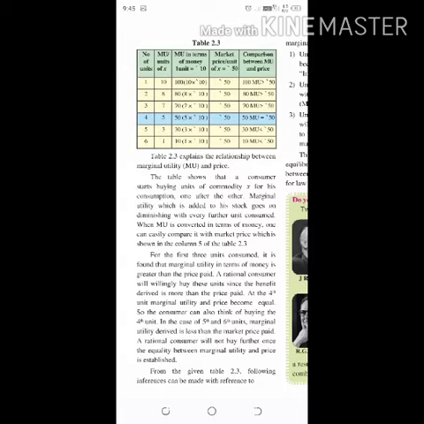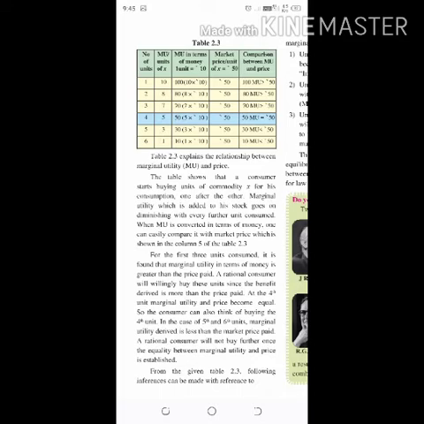From the given table 2.3, let us take reference. As you can see, for the 1st unit, the MU of the unit is 10 units, that is the MU in terms of money is 10 into 10, which is 100. The market price of X is 50, so in the comparison between MU and price, 100 is greater than rupees 50, that is the marginal utility is greater than the price. The units which are consumed willingly because MU is greater than price are called intra-marginal units, that is, the marginal utility of the unit is greater than its price.